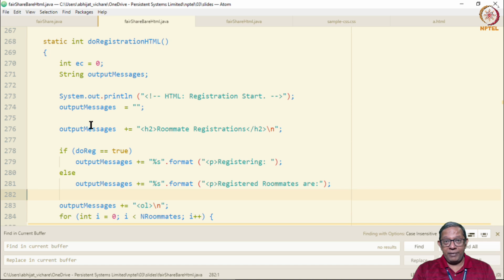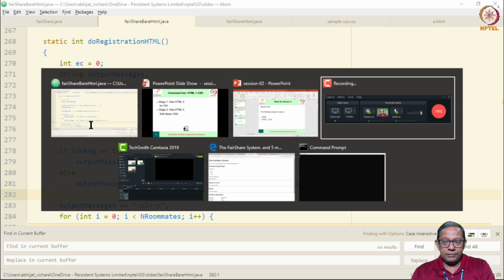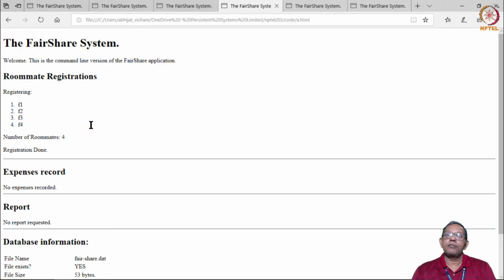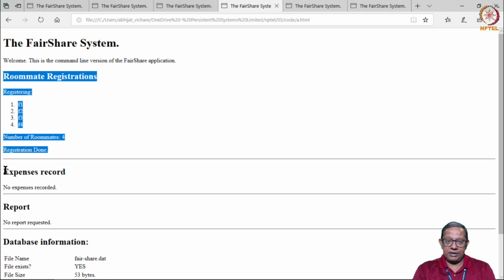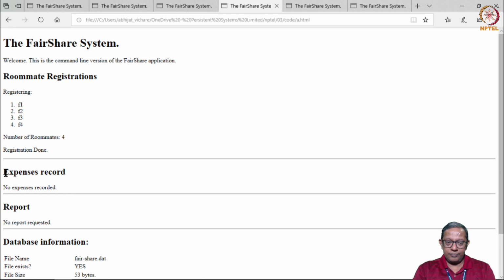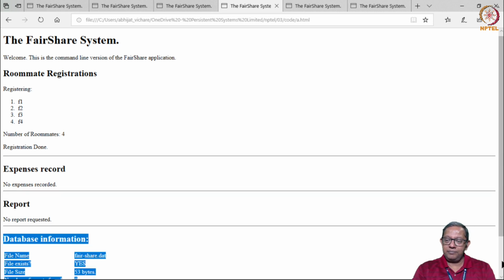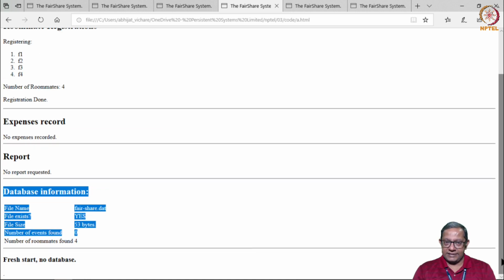Recall that our web page, the HTML page, always has all the three components. Let's have a look at the web page again. There you go. We find that the web page has a title, the registration section, the expenses section, and the report section, followed by information about the database and the actual database if it exists.